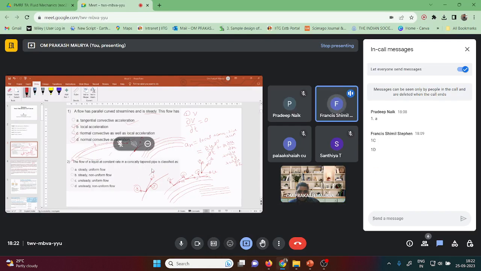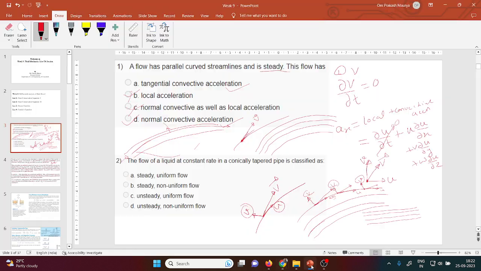So please, can you say yes, that the tangential component vanishes? Why does the tangential component vanish here? The tangential component vanishes because of what I am discussing. Let's say the streamline is a curved streamline. What is written here? If you see,